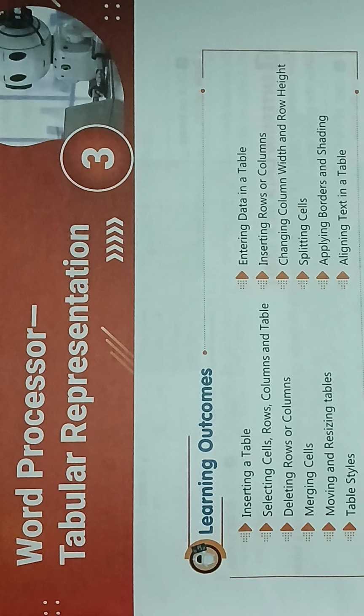Next, moving and resizing. Moving and resizing is helpful when you increase or decrease the size of a table manually by using the table resize handle, but Word also offers a ready-made solution to resize the table. Resizing of a table can be done by the AutoFit options that offer flexibility to automatically resize the column width based on different criteria. You can set the table width based on the window size